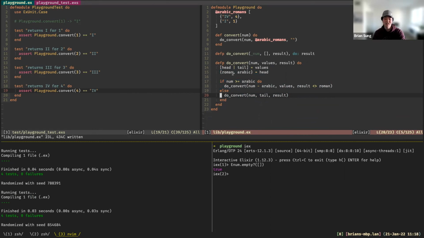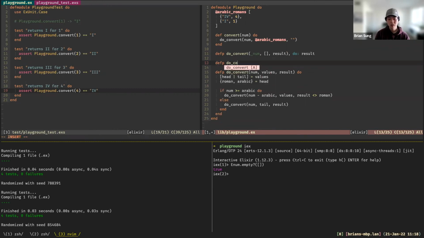But we still have this if else stuff going on here, and we can extract that into its own functions that we just pattern match on. So let's take a look at the first one here, this if statement. We're checking if number is greater than or equal to Arabic, and if it is, we call this variation of doConvert. So we can do that.